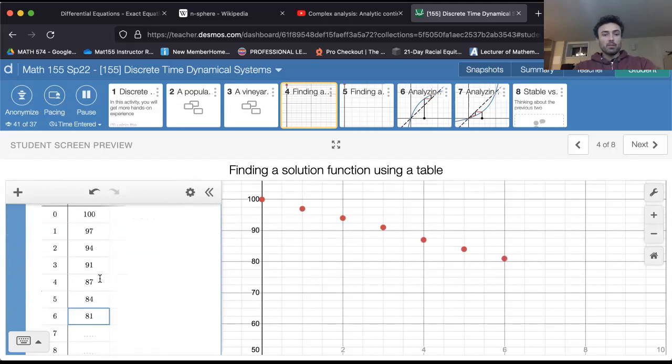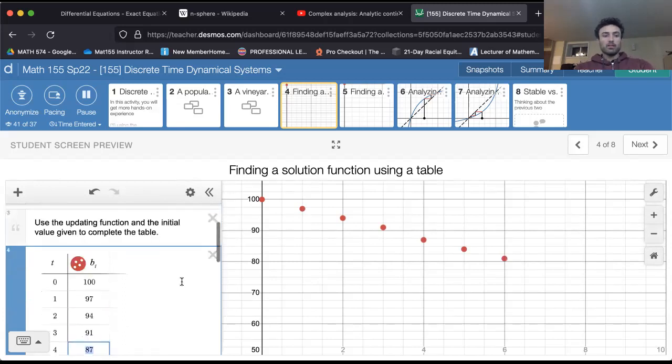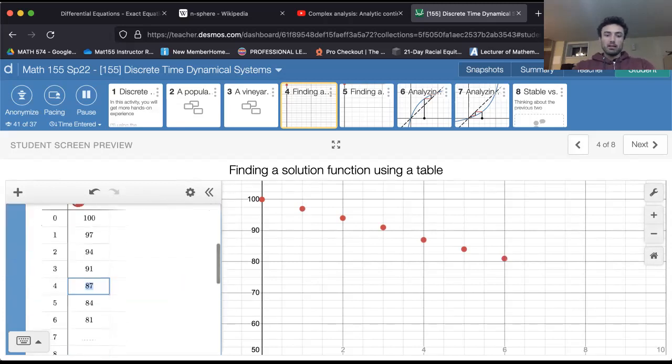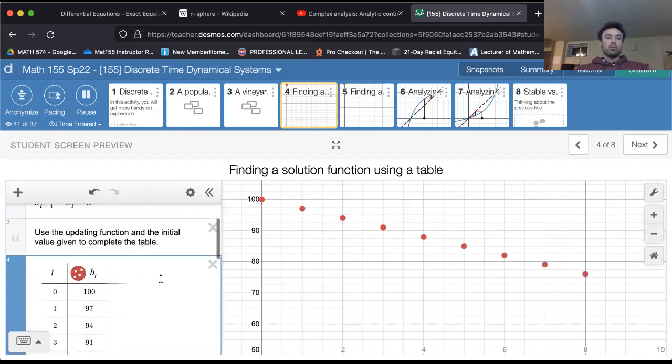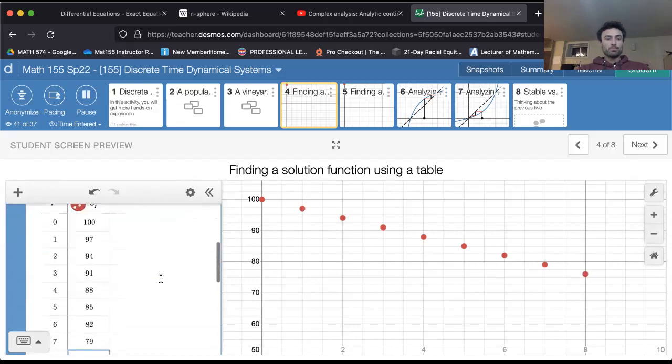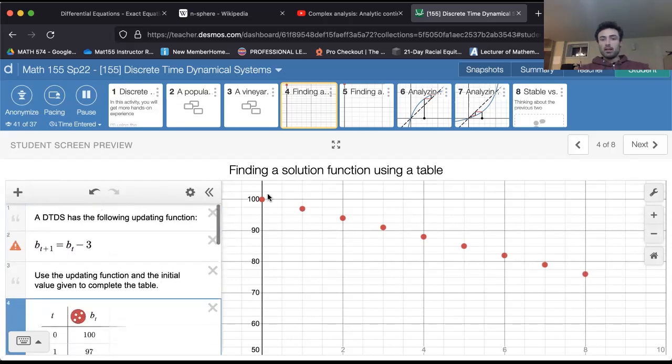Oh, I messed up because 91 minus 3 is 88. All right, 88, 85, 82, 79. Since it gives me 8, we'll go one more, 76. Okay, so I should have subtracted 3 every time. That's okay. These look like they align a line. And so